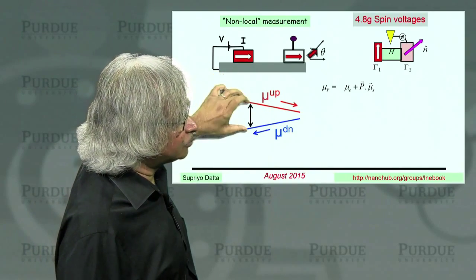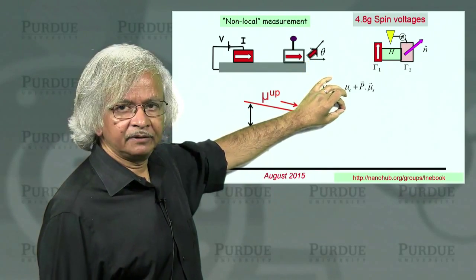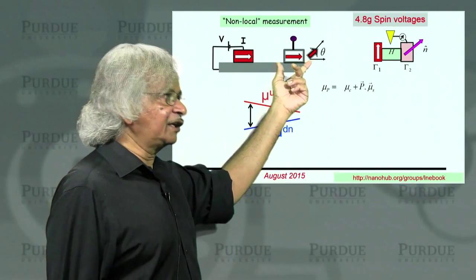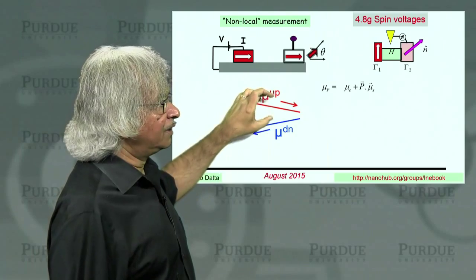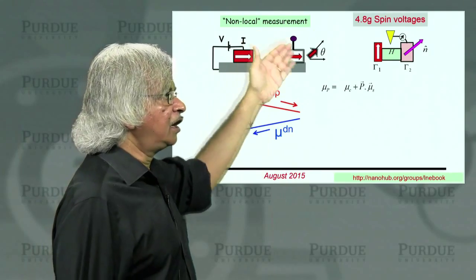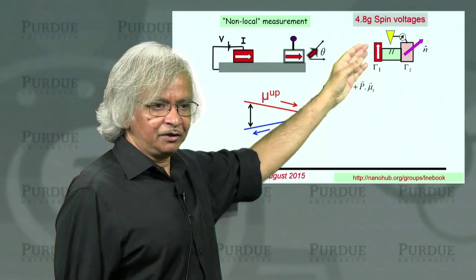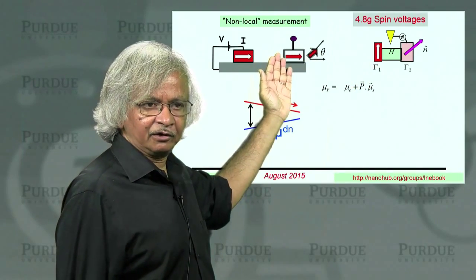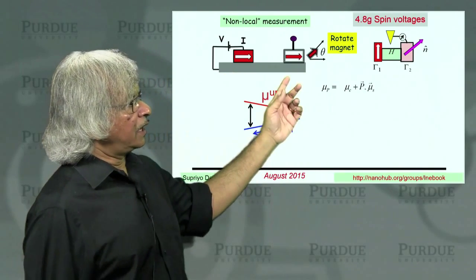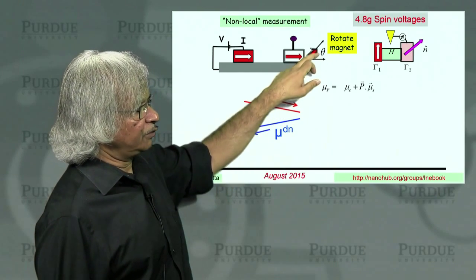And so out here, the two are separated. If you go many microns away, they will all join up. But if within this distance, the spin flip length, you put another probe, a magnetic probe, then you could measure this spin potential difference. And that's what you'd call a non-local measurement. So you couldn't do this 1 millimeter away, but you could do this like 1/10 of a micron away from the actual current path.